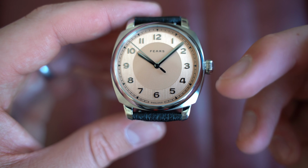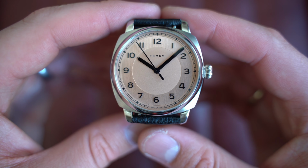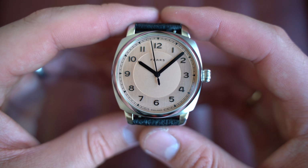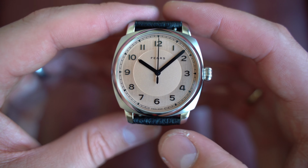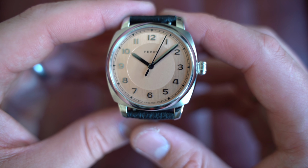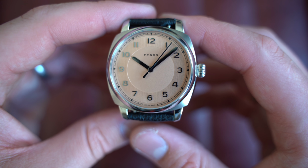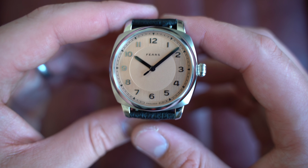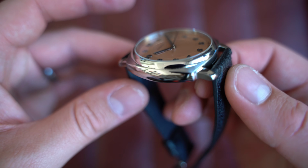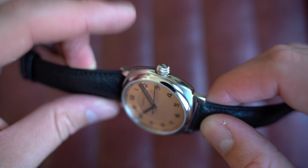Sector style dial, I guess you'd call it, with the two finishes, as you can see from the inner circle and the outer circle, and again those lovely applied Roman numerals, Fears and England stated, and that is all super clean aesthetic. This is the reference BS24000A. And as we flip it over, again same case profile before we flip it over, screw down onion style